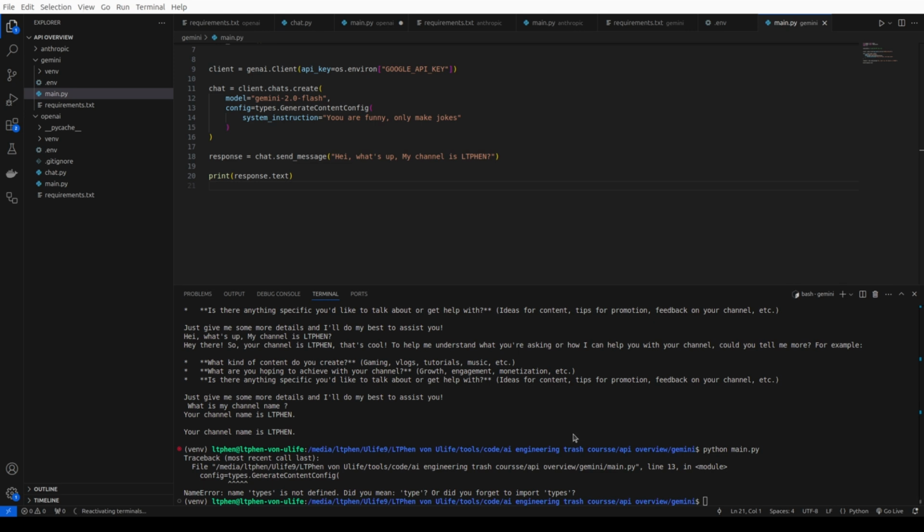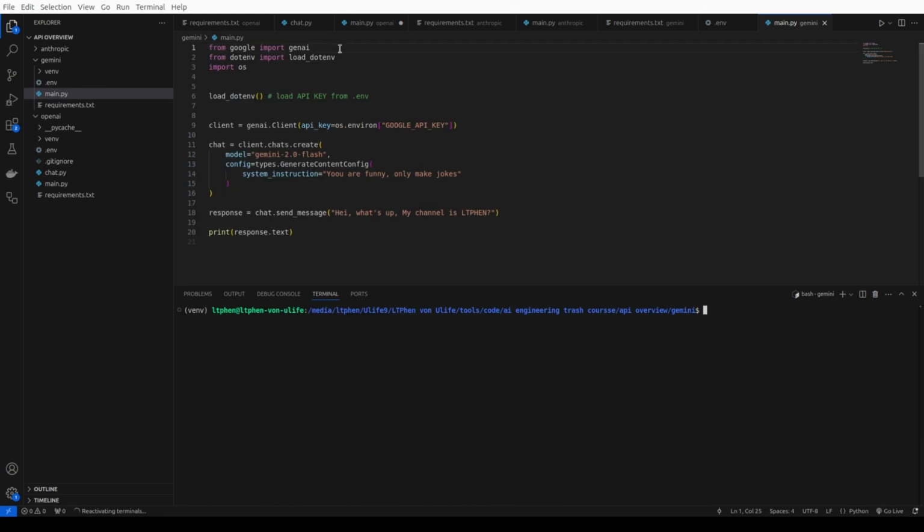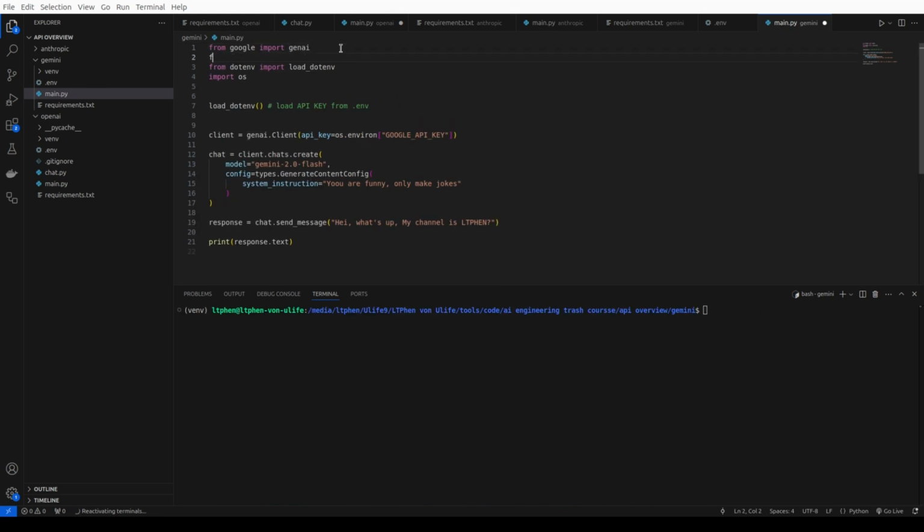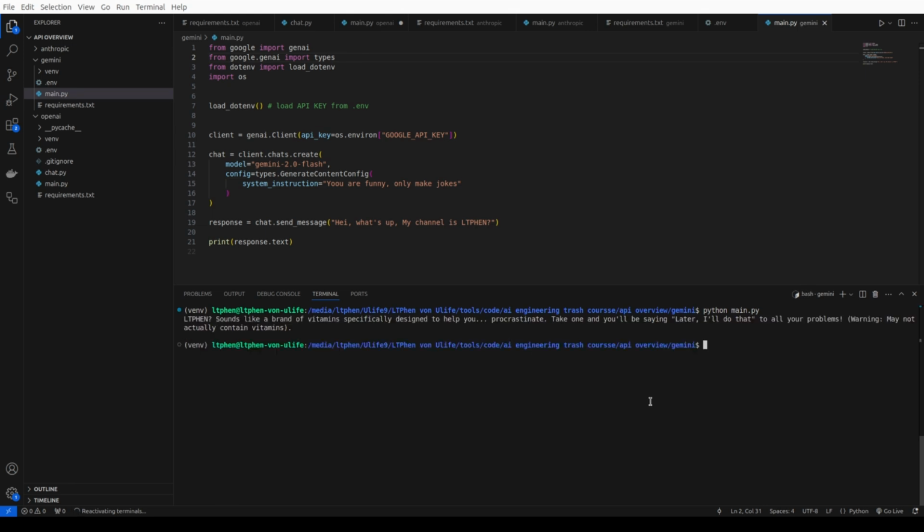Ah, yes, of course, I forgot to import. So we need to do here from google.genai import types. Okay, and try this. Okay, elephants look like a brand of vitamin C designed to help you procrastinate, take one, anyway, some kind of joke. And you can see that you can change it here directly with the system prompt. Okay, so